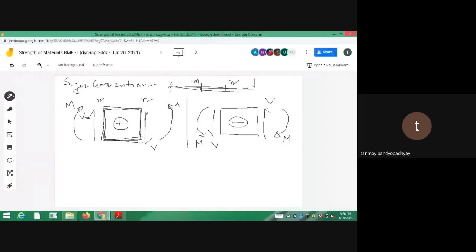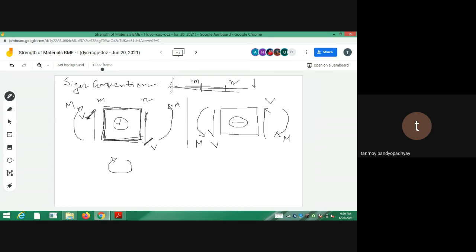Okay, so what is the positive shear force diagram? Whenever I have an element which has two shear forces like this, so this is V on this side and I have a V on the downward side on N, on the right side. So on the right side I have V downwards and on the left side I have V upwards, so that the net effect is a clockwise rotation. In that case I will take the shear forces to be positive.